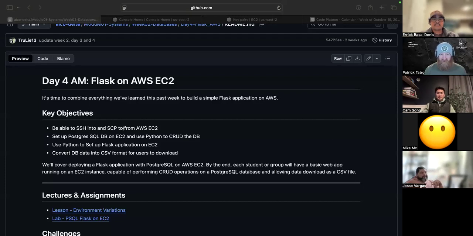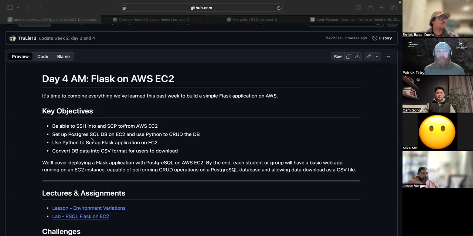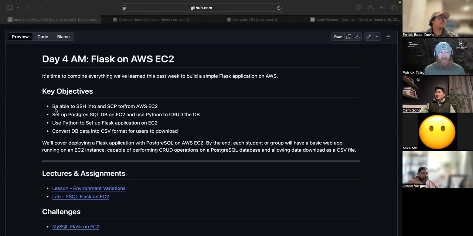So you guys have learned about different operating systems like Mac OS, Windows, Linux, etc. in past lessons. For example, during the install fest, depending on what operating system you had, you had to run different commands and or follow different procedures to set up. Before continuing on with that thought, our key objectives for today is being able to SSH into